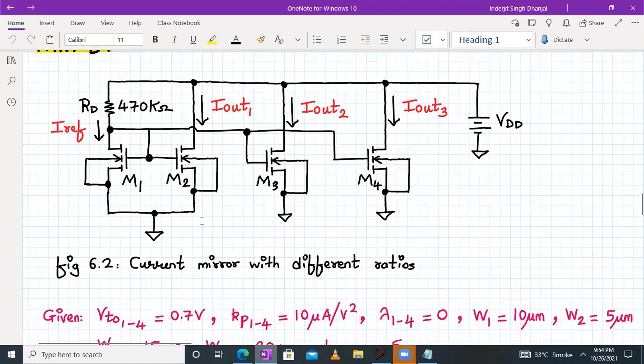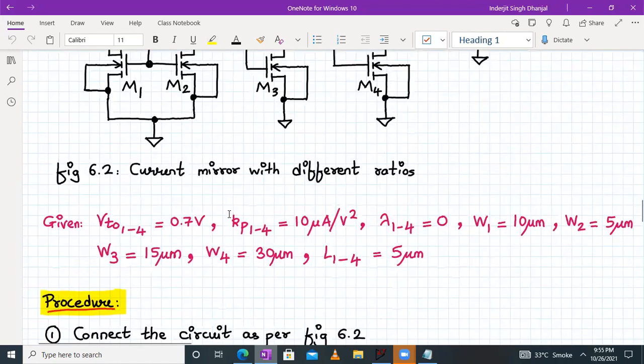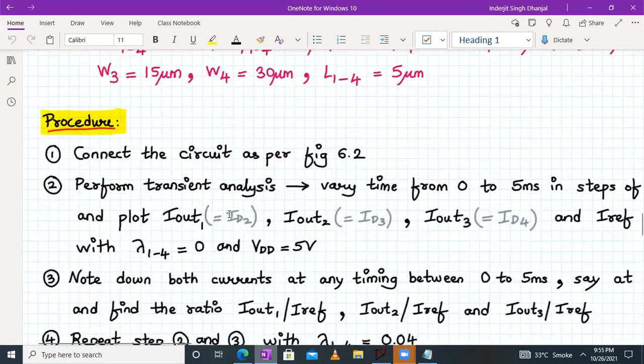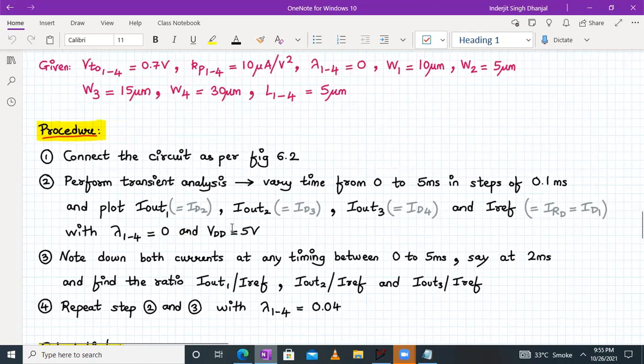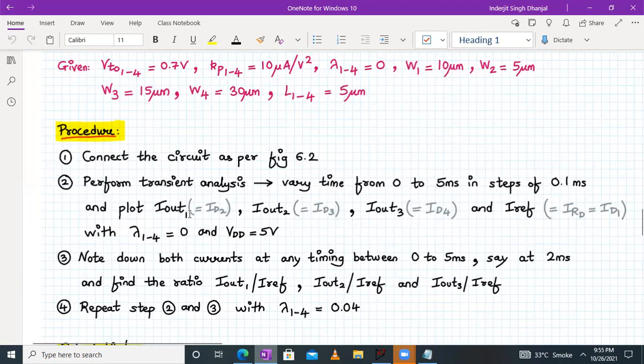First, we only have to do the transient analysis. We need to connect the circuit as per figure 6.2, then perform the transient analysis, varying time from 0 to 5 in steps of 0.1 millisecond, and plot I out 1, I out 2, I out 3, and I reference, with lambda equal to 0 for all the transistors and VDD equal to 5 volt.